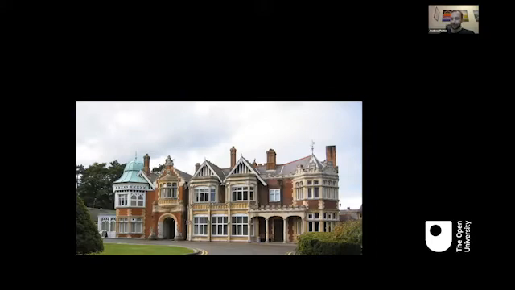Does anybody know where this building is? What is this building? So we've got Bletchley Park. Yeah. That's right. That's Bletchley Park there as well, where, of course, during the Second World War, Alan Turing plus other code breakers